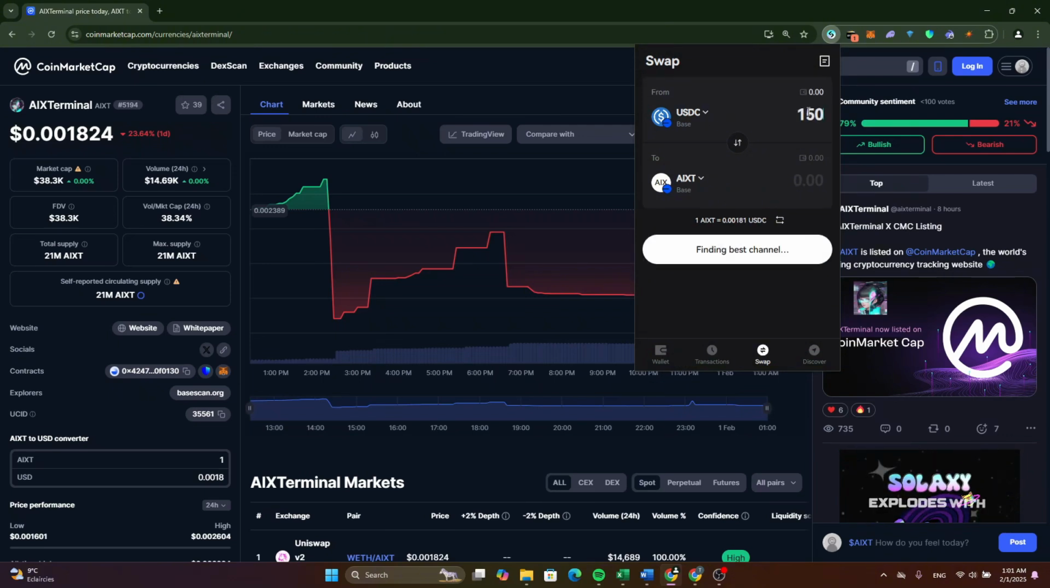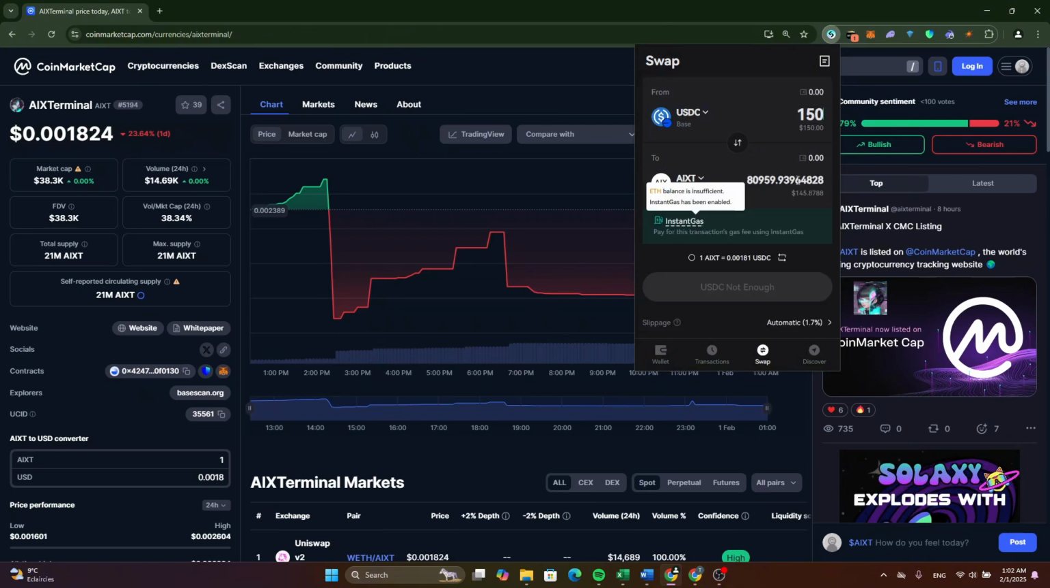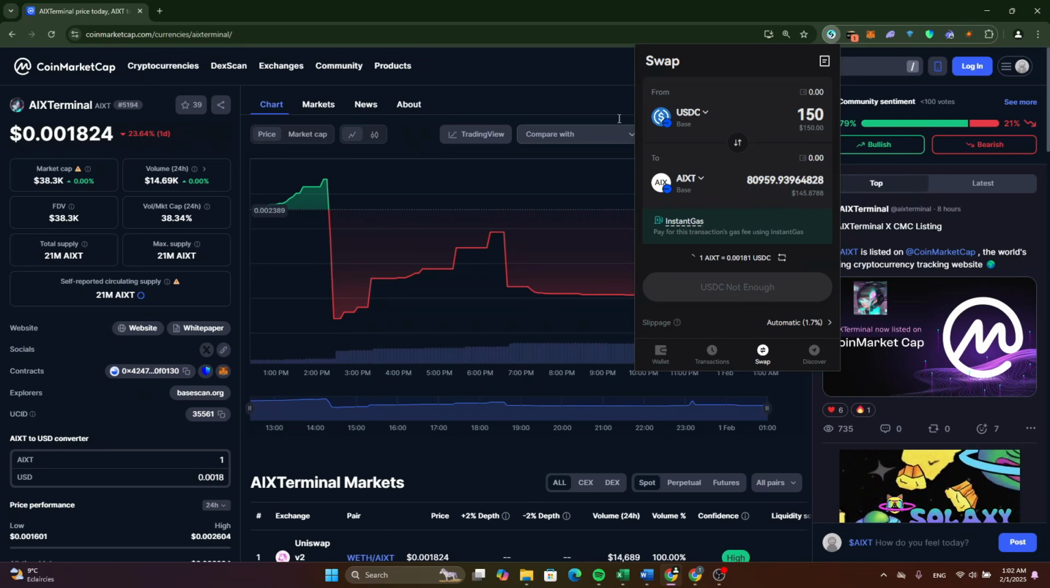Now here, type how much you want to buy. Wait a few seconds. Here you will see how much you will be able to receive for this token. After that, click on swap and you will be able to buy this token with any token in your wallet. So this is how to buy